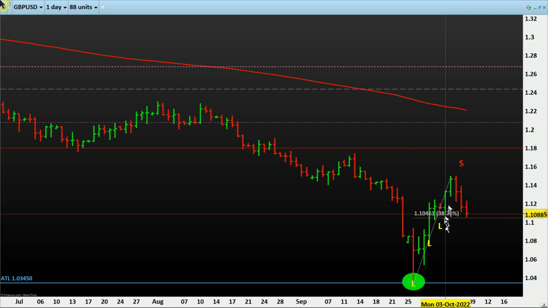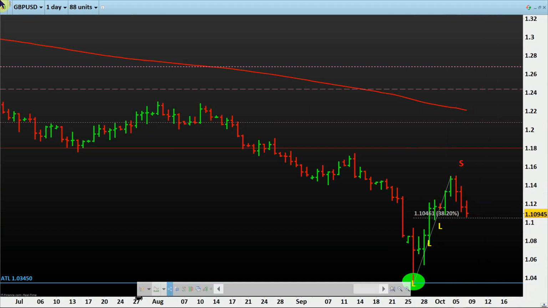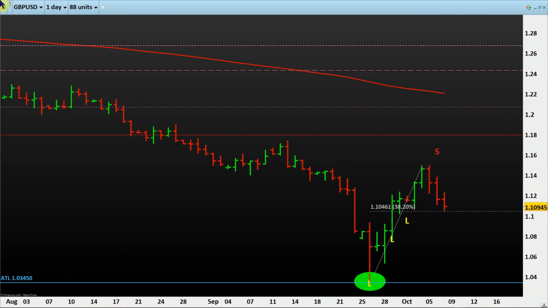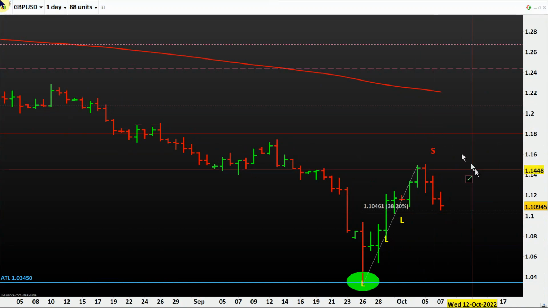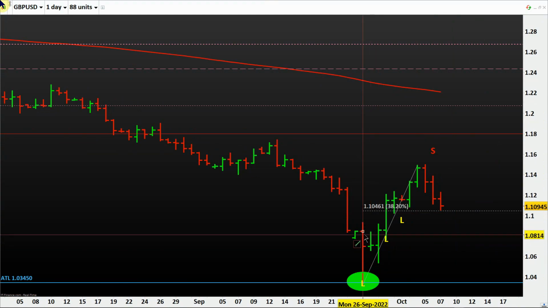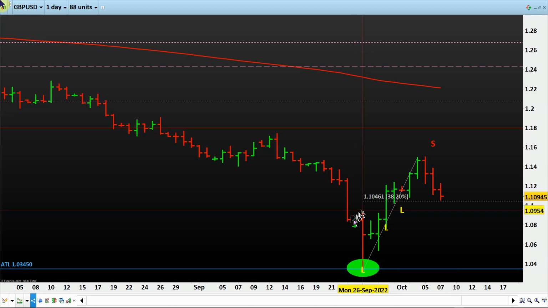This way we are actually trying to keep the chart as clean as possible. Now, to answer your second question, can I draw a trend line? Yes, of course you can. How can you? Now, this is an outside bar, isn't it? An outside bar can be a swing low as well as a swing high, isn't it?